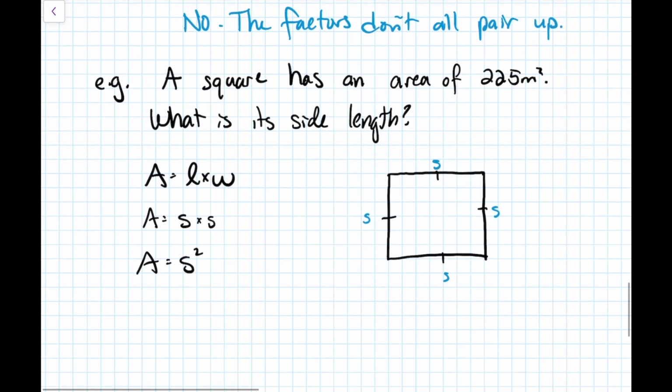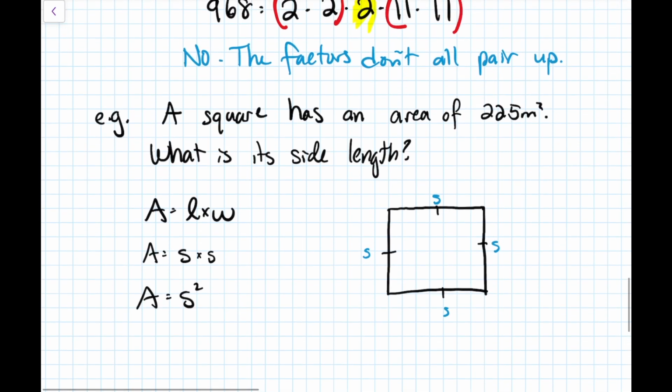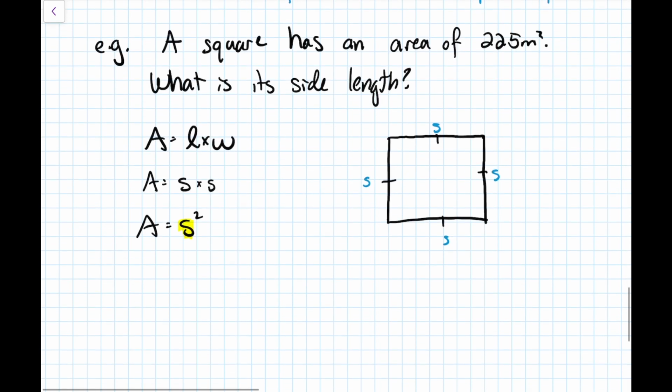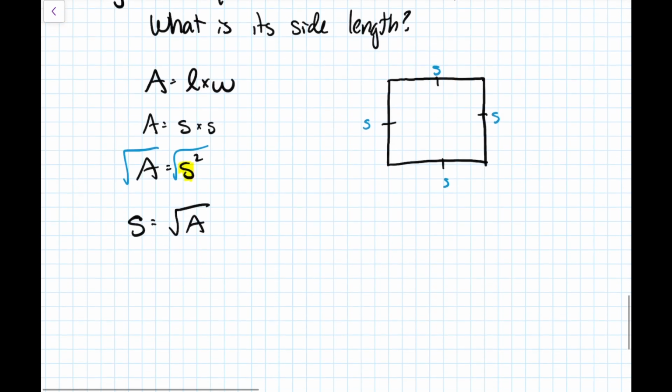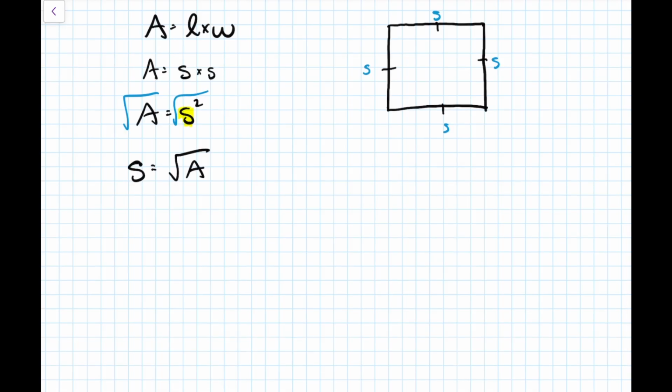And if we're trying to figure out what the side length is, we need to get rid of that square in the same way that we would in, say, the Pythagorean theorem, and we do that, of course, by square rooting. So really, to get the side length of a square, you're going to do the square root of the area, and that's kind of always true, right? So the area is the side length squared, or the side length is the square root of the area, because they're opposites. So if we try this out, the square root of 225